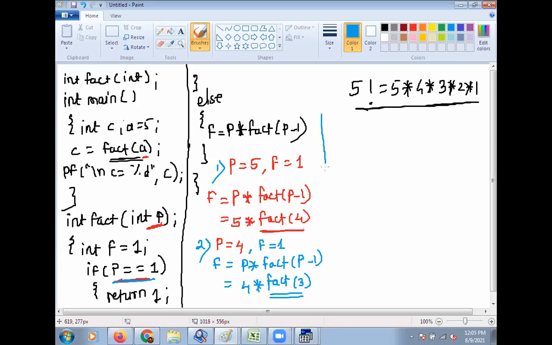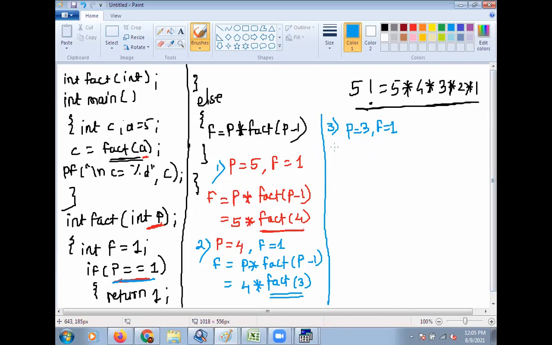So go to the definition of fact again. At the third step, p is equal to 3, f is equal to 1. Then again check, p is equal to 1? No. Then go to the else statement.